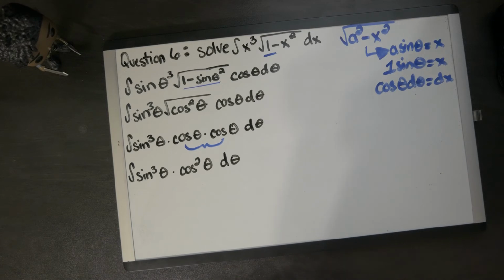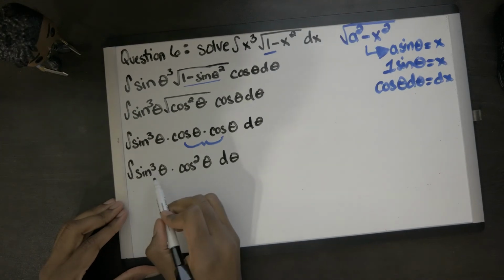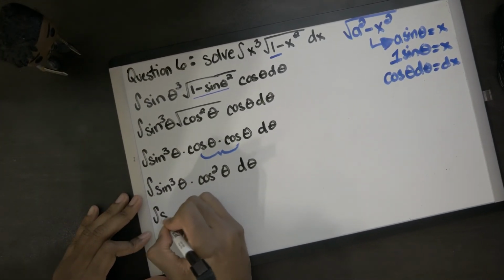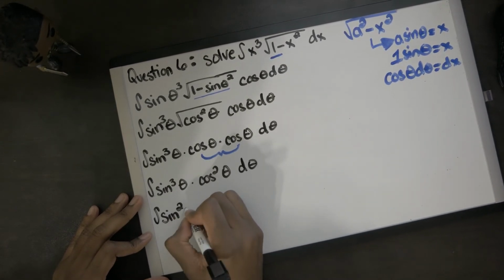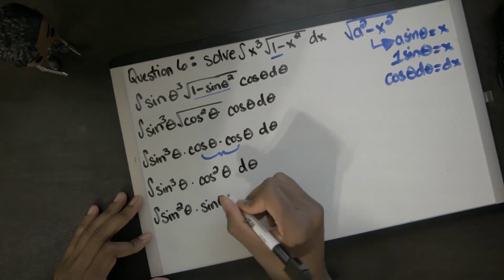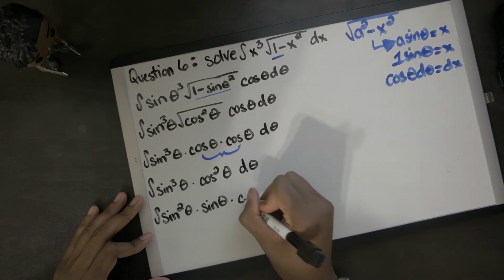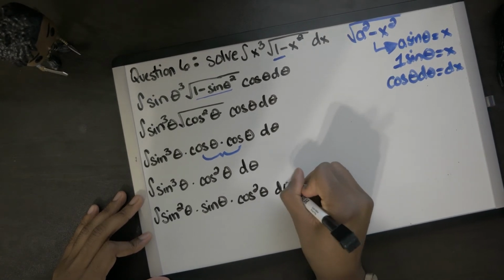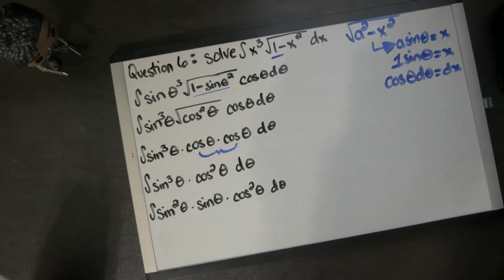Well, I know that we can maybe make a trig identity out of sine squared theta, but we don't have sine squared theta. Or do we? We actually do. Because this sine cubed theta could be condensed or rewritten as sine squared theta times sine theta times cosine squared theta d theta. So now if you see here,